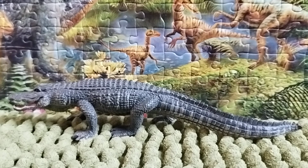And today we're gonna take a look at the figure. It is the CollectA 2013 American Alligator. Now, the American alligator, sometimes referred to as the gator or common alligator, is a large crocodilian reptile native to the southeastern United States and a small section of eastern Mexico. It is one of the two extant species of the genus Alligator, and is larger than the only other living alligator